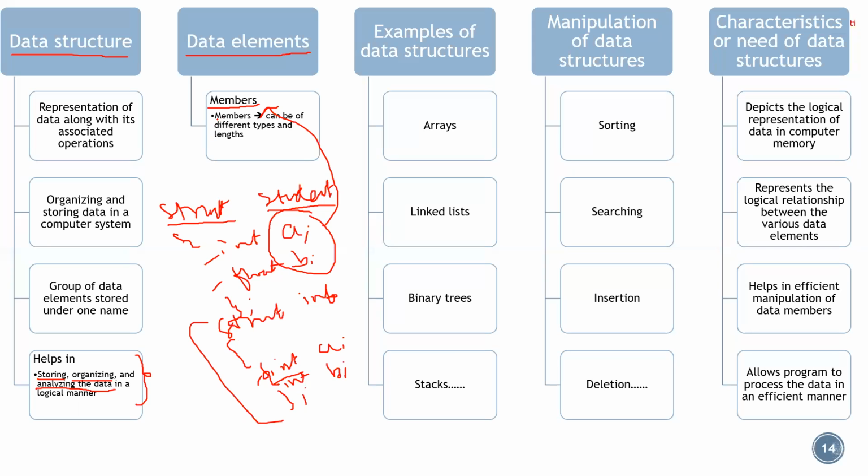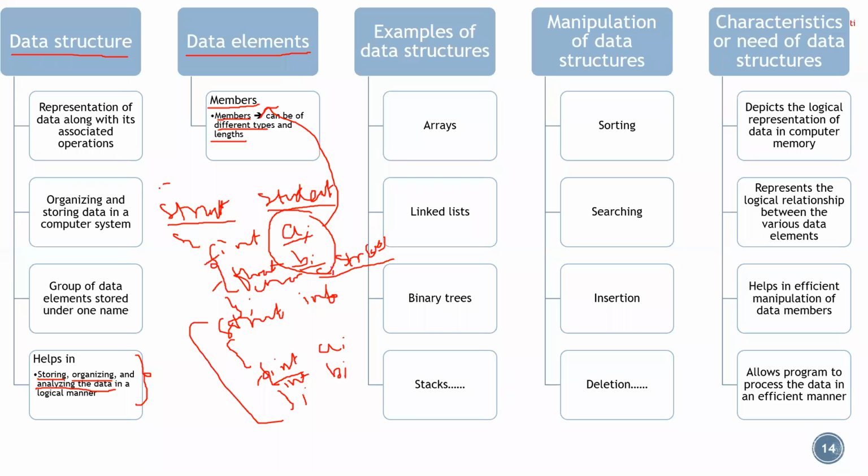So here what it specifies is members can be of different data types and of different lengths. If you just add a character over here, only one single character, and if I want a string, I can have a string which can hold say 50 characters. So the length can vary in this case. Here also the length of integer is lesser than the float. So indirectly what it implies is members can be of the same type or of different types. All can be integer types, or a combination of integer, float, character, any combination is possible. So that is what this is specifying.